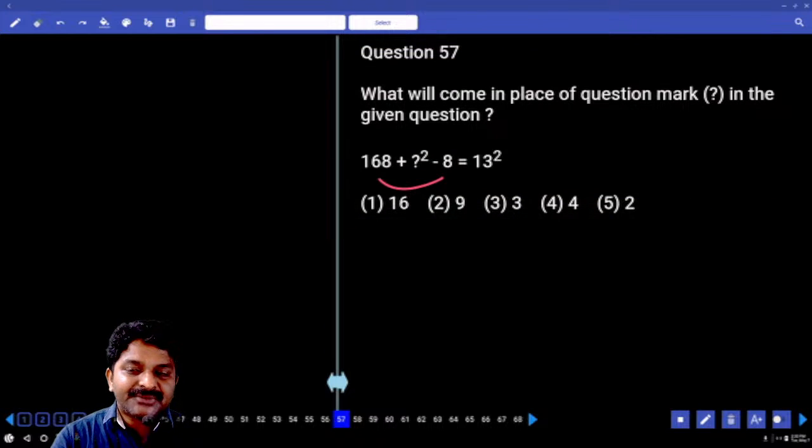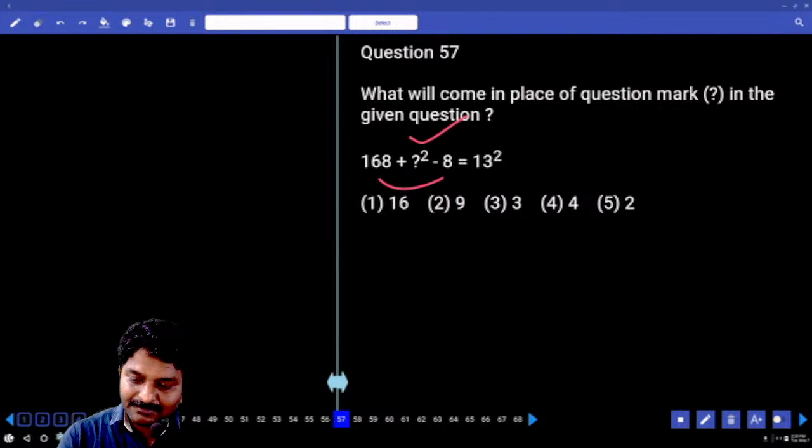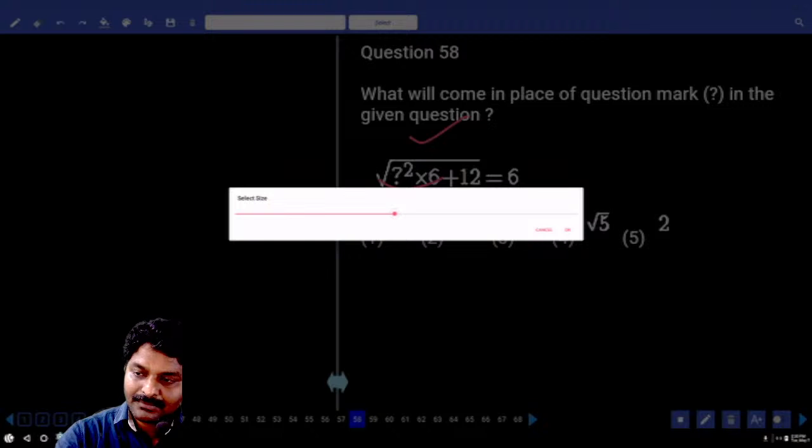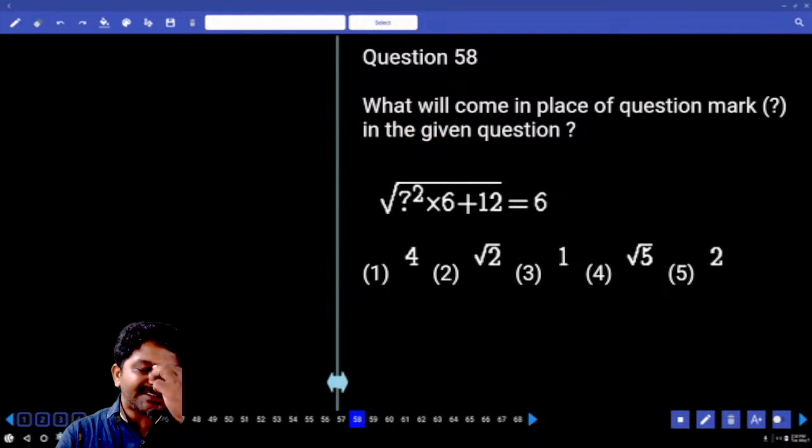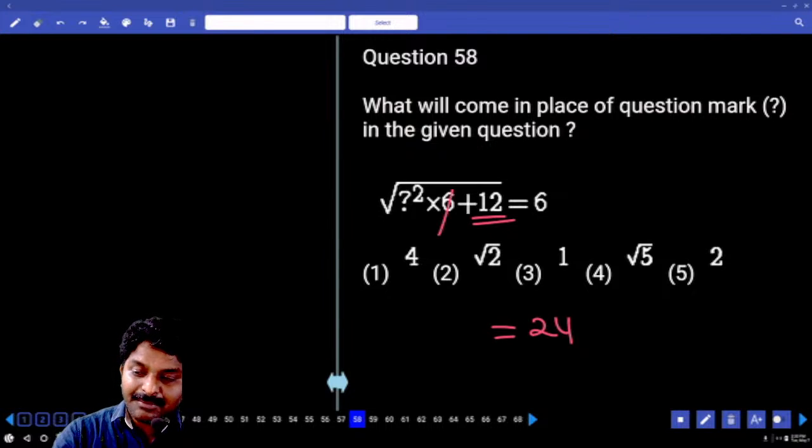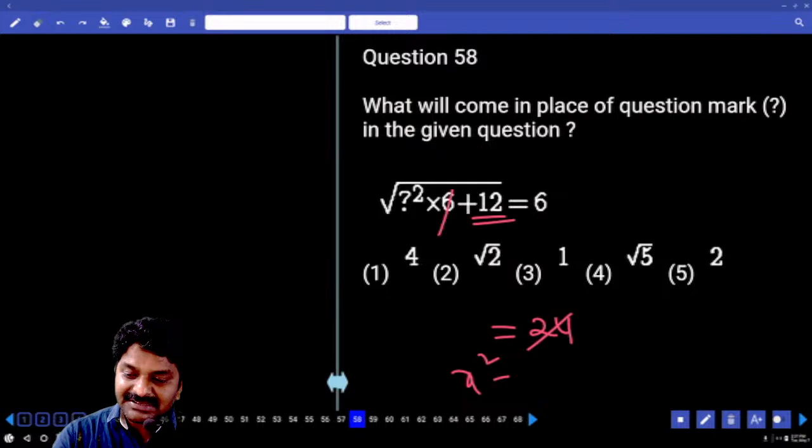Sum of these two numbers 160 goes to the other side. Minus 160. Right hand side already 169. Minus 160. X square is 9. X is equal to 3. Squaring on both sides. Left hand side under root gets eliminated. Right hand side 12 goes to the other side. 26 how many times? X square is equal to, X is equal to,